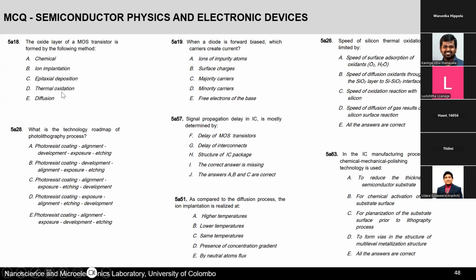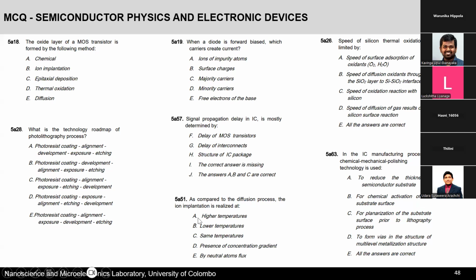So is it dry oxide or a wet oxide? It's most probably a dry oxide where we just use oxygen, because dry oxide is actually of higher quality, and we need very high quality oxide for the gate of the transistor. Okay. And then what is the technology roadmap of photolithography process? Coating, then comes the alignment, right? Then we expose it through the reticle, then we develop it, right? Chemical development to get rid of the exposed resist, and then we do the etching. So this is the answer,